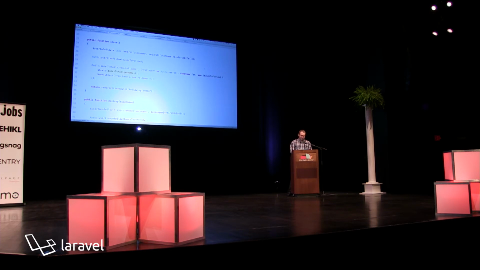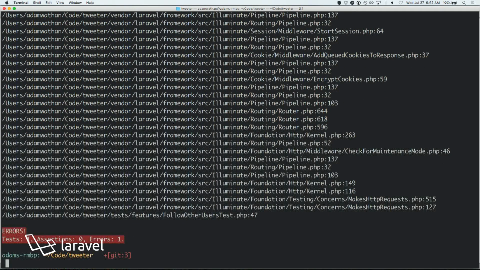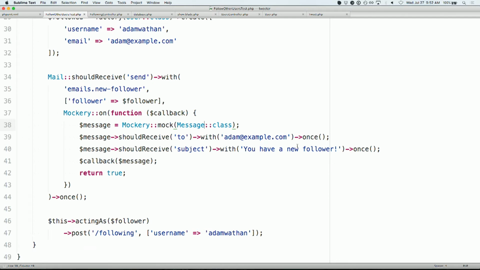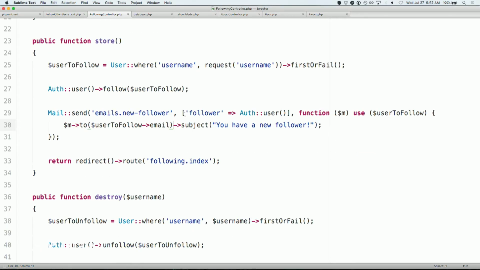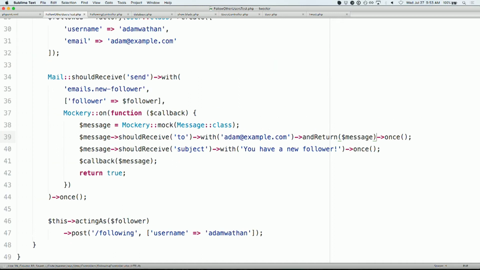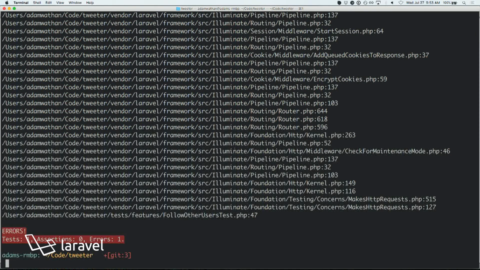And it's also super fragile because you can chain these in actual implementation, right? And if I run this test again, it's going to break. And you know why it broke? Because our mock didn't return the message here. And if we run this again, now maybe it'll pass. But now if we decided that we wanted to flip these around, like maybe we called to before we called subject, put that arrow back in there, and run the tests again. Now they're broken again. So you have these super fragile tests that are super, super coupled to your